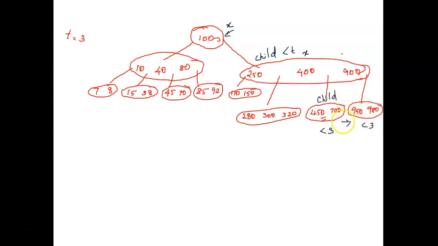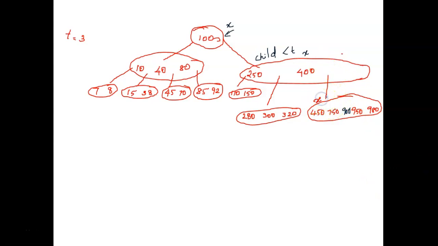So what should I do? I should combine both these things and I should bring 900 down. Only after bringing and setting this node, I have to again search for 450. Okay, is that clear? This is the tree that I get after rearranging, and hope you are clear with this arrangement of moving 900 towards the child. And now we shall again search for 450 in this.